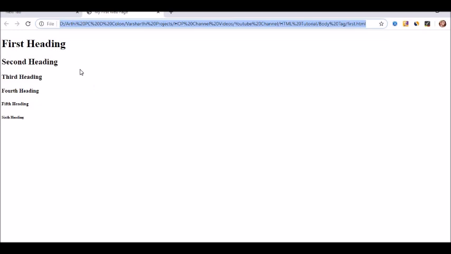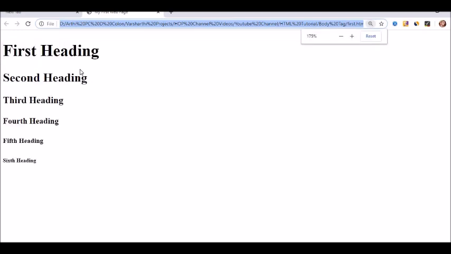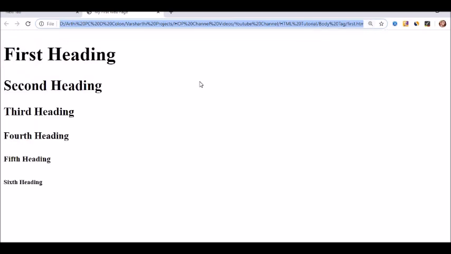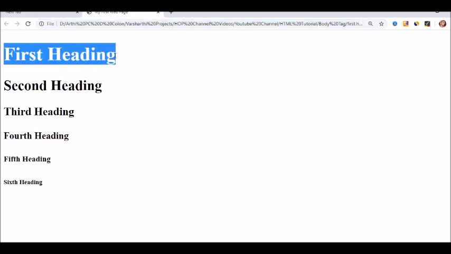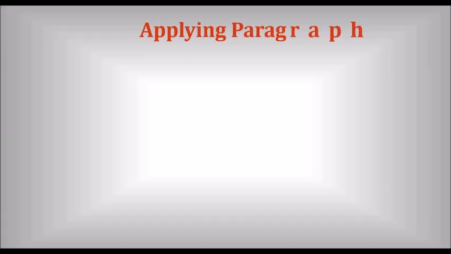Yes, I hope you are clear with this. The content that we have given inside H1 tag is much bigger than the rest of the content. So I hope you are clear with the heading tags, and let's move on to paragraph tag.